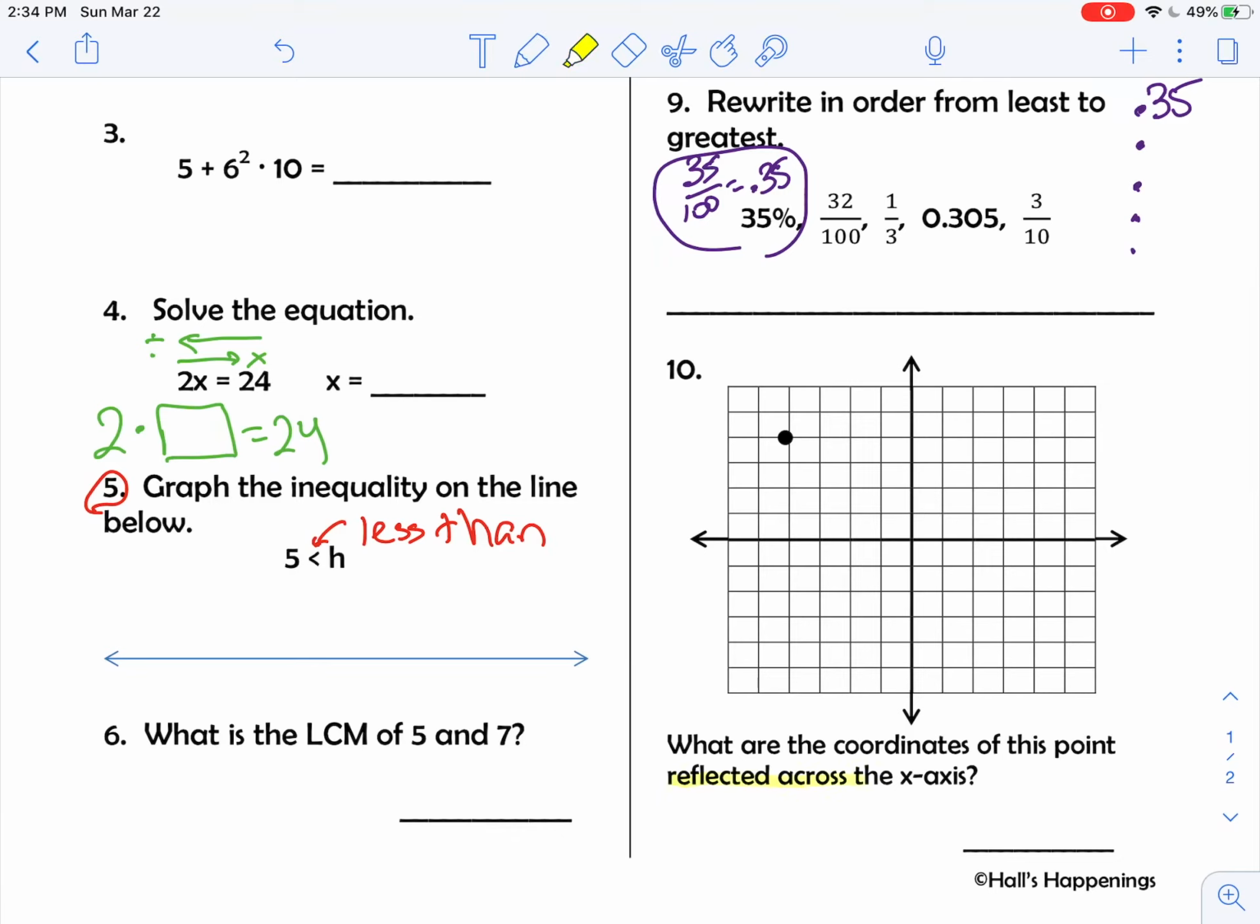And then down here, what are the coordinates of this point reflected across the x-axis? Remember that this is the x-axis, and that's where the mirror is. When we're talking about reflection, that means that's where the mirror is. So go ahead and do your work, and then tomorrow we'll talk about the